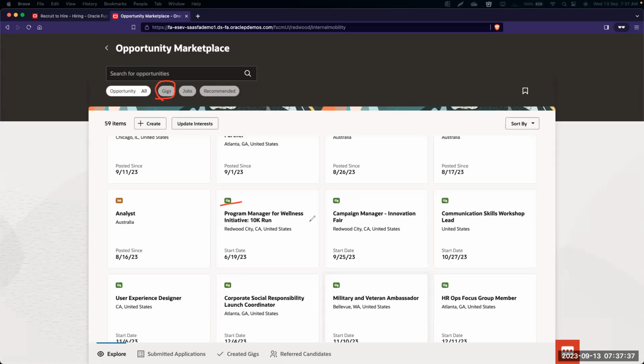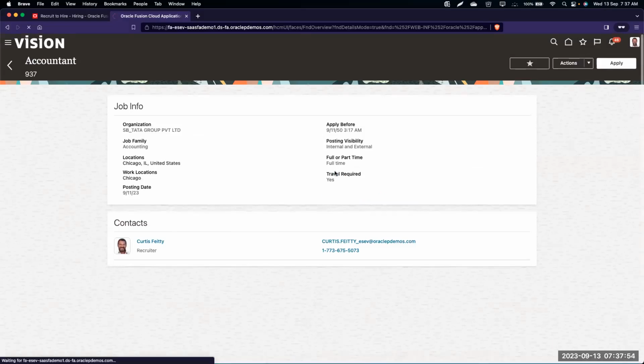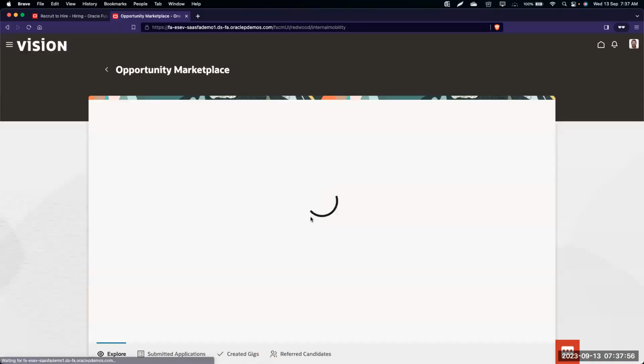will not have any impact on the assignments. Okay? So this is one important rule which we need to be aware of. The gigs will not have any impact on their assignments. So there will be no change in the assignments. Nothing will happen. It's just like a support which they are performing. So that is the purpose and the functionality of a gig.